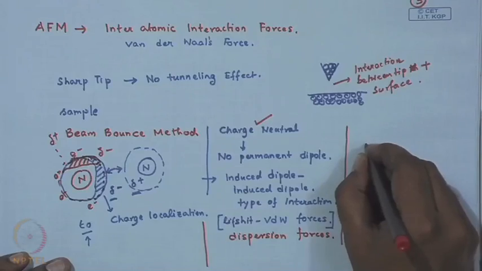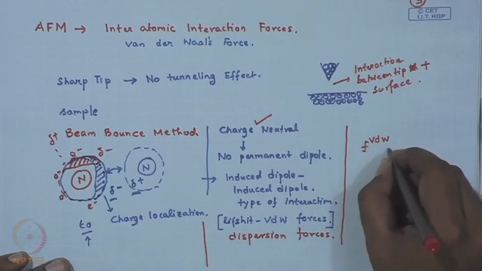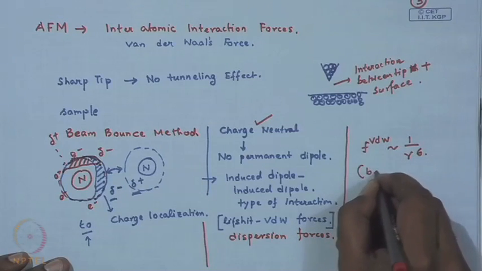The reason for this is that the van der Waals interaction scales with 1 by r to the power 6